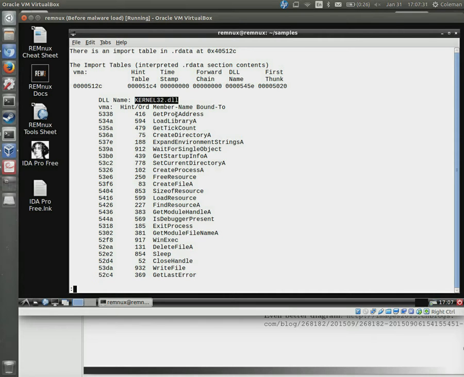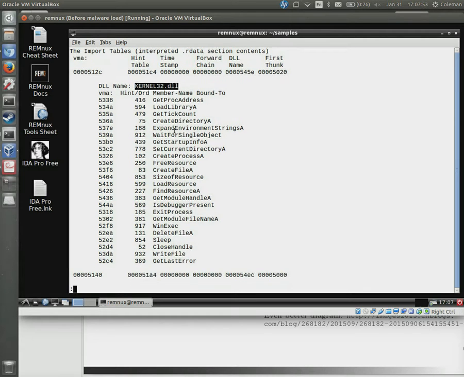So when Windows 8 loads this up, it doesn't really care what version of Windows this particular program was supposed to work with. This program tells Windows 8 that it's going to use some code that is stored in kernel32.dll, and it wants to use these functions here. There's a whole bunch of other functions inside of kernel32.dll, but these are the ones this program is going to use. So when we're doing analysis of executables, this is another big piece of information here,